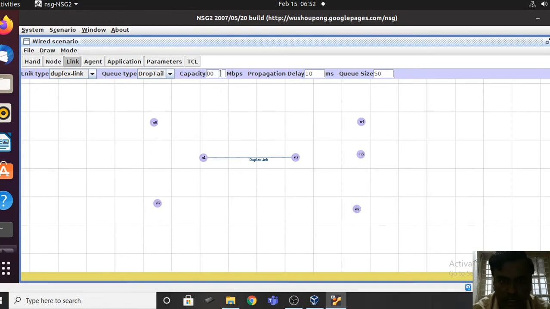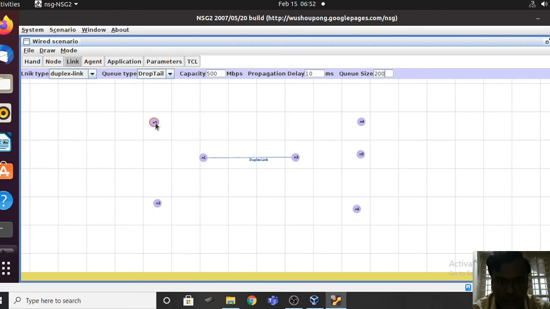This one I am taking as 500, and this one I am taking as 200. I am going to maintain the same capacity and Q size values with respect to all other links. Just make a note: only for the common channel I have used 150. For the rest I am using the same values.